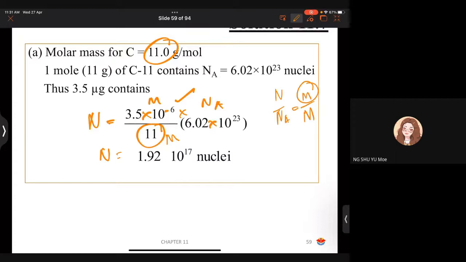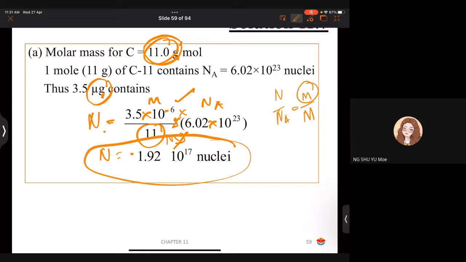Ni number Avogadro. Okay, be careful ya dekat unit ni. Ni dia bagi dalam micro. Ini dia bagi dalam G. So dia biarkan ini G, ini G. Dia cancel. Kena be careful unit ni. Okay, so you akan dapatlah number of nuclei. N naught lah. Ini kiranya N naught lah original mula-mula.